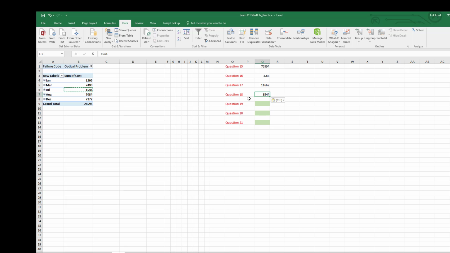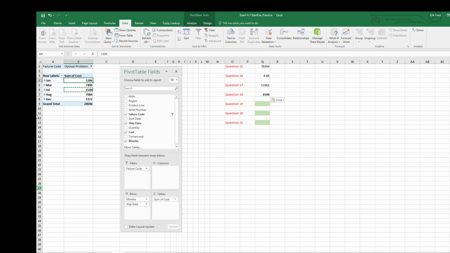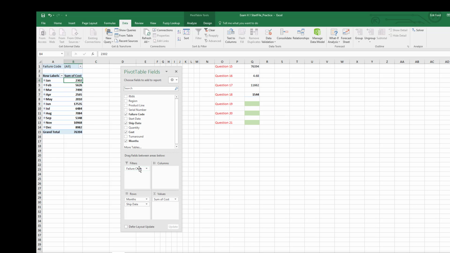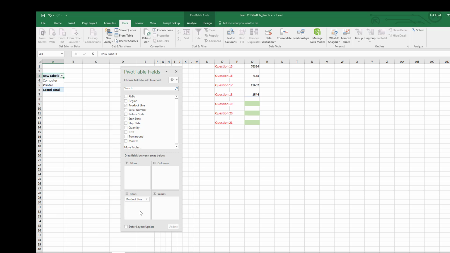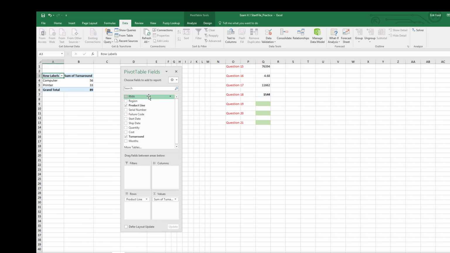Question 19. What was the average turnaround time for all printers in the East? All right, back into my pivot table, clear my filter out, get these off of here, get back to a blank slate, and let me answer my question. Question 19, what was the average turnaround time for printers in the East? So product line to rows, turnaround time to values. I'm going to go region to filter, filter just East,